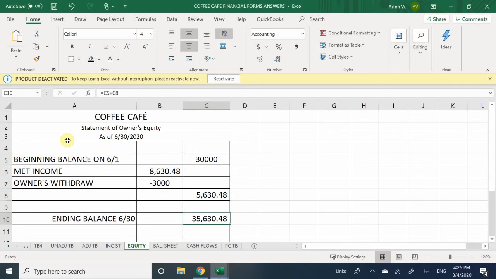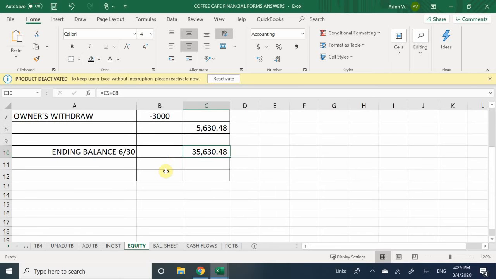In this case, we solved for the net income in the income statement, which was an $8,000 profit. Then we have to subtract anything we've taken out from the company, such as owner's withdrawal, which we did. We took out $3,000. That goes against the profit we took out, so that the company doesn't actually lose money itself. By doing that, I have a grand total of $5,630,